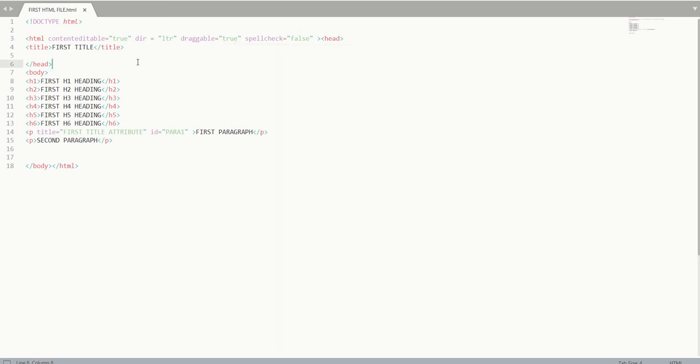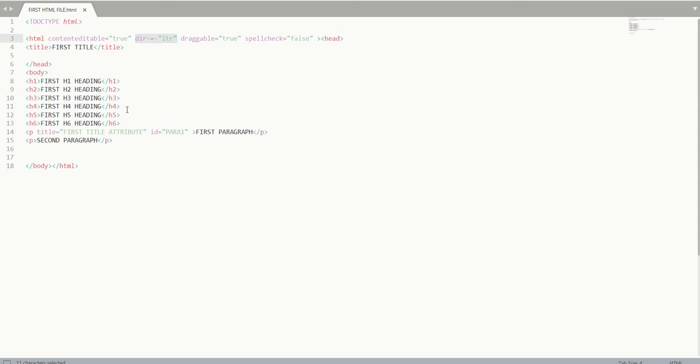Now here, since I am giving this attribute on my HTML element, which is the root element, this is applied on everything, header, paragraph, everything. If I give this same attribute in a paragraph, it will apply on this specific paragraph only. And this is true for every attribute.